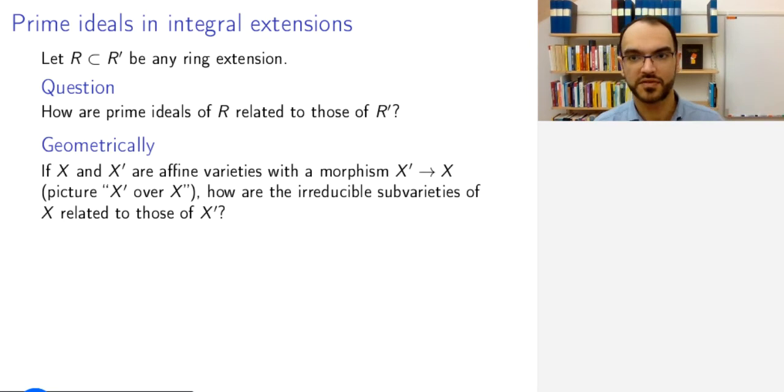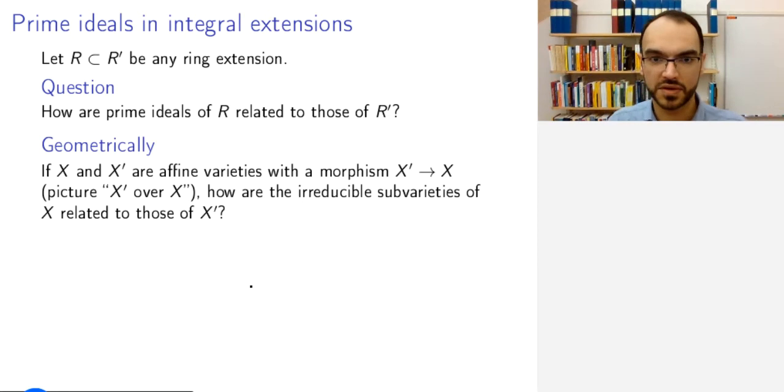One motivation comes from geometry. So remember that if X and X prime are some affine varieties, then in the correspondence between ideals of the coordinate algebras and subvarieties, prime ideals correspond to irreducible subvarieties. So we want to study the relationships between irreducible subvarieties of X and X prime when we have a morphism from X prime to X, corresponding to a morphism in the other direction from O of X to O of